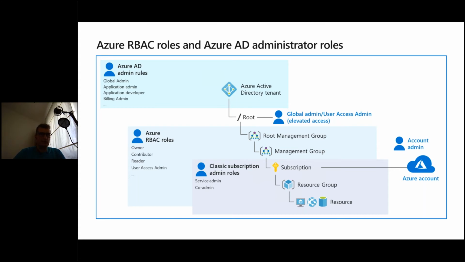I've been in Azure since the beginning, since it was called Red Dog, and 10 years ago we had an Azure Service Manager portal, and back in the days we had account administrator, service administrator, and co-administrator,